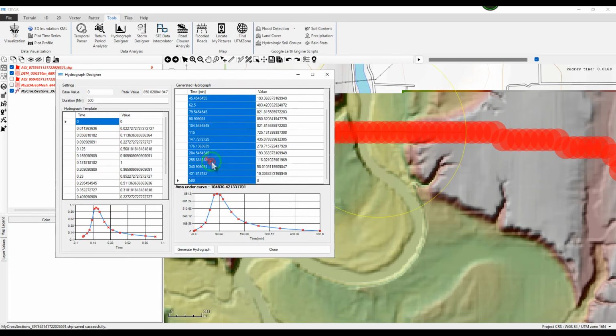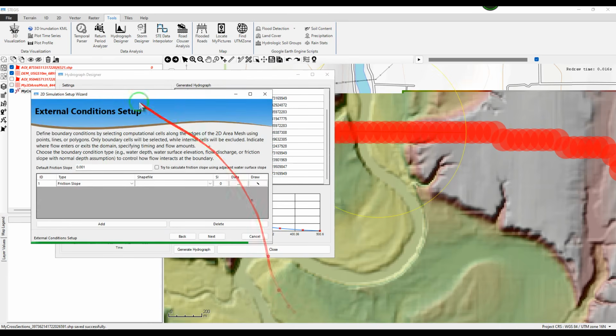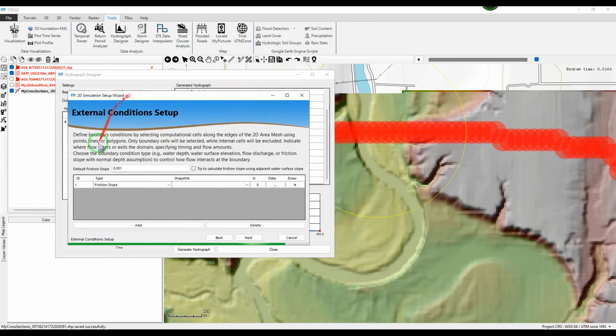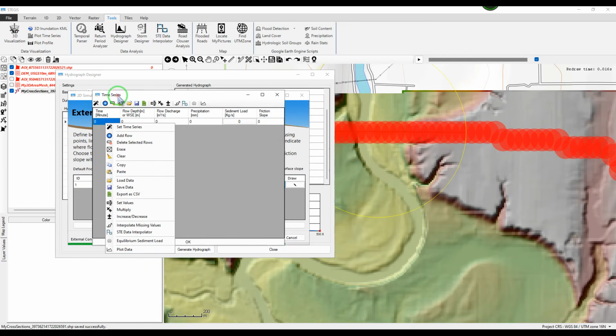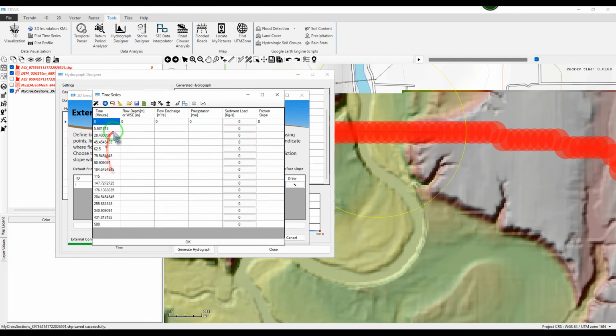I simply copy the time first and come to the 2D simulation setup wizard. I already created a row, added a row here. I select flow discharge as input type and select the cross section we have created just here and click on the data to input the data. I have copied the time values in my clipboard and using the paste button here I can paste the time data,